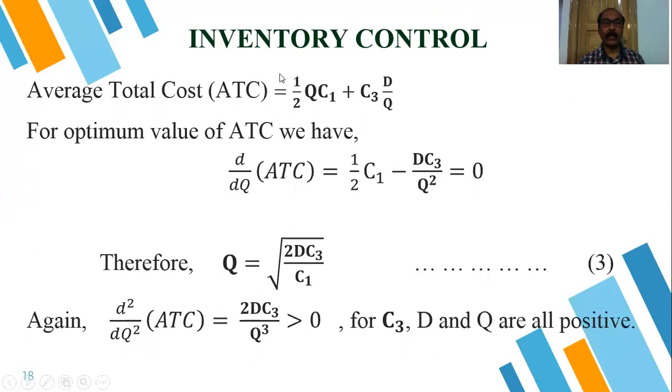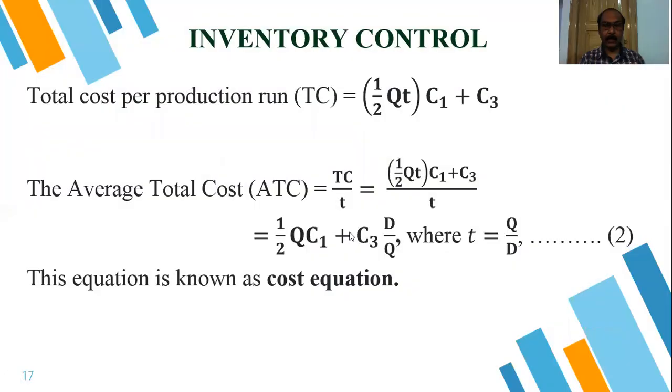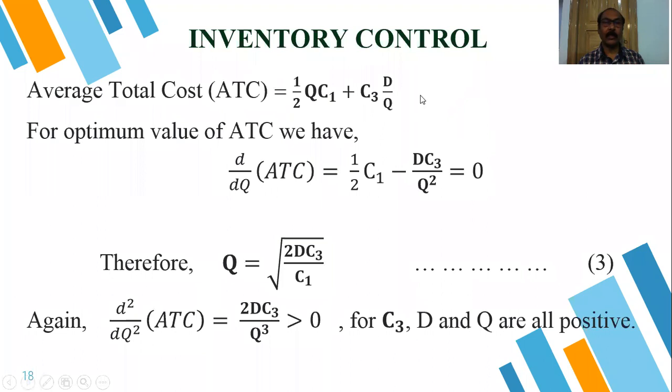One can also convert the equation from the total cost. That cost is converted to the Q. That's why we are differentiating. If we keep with the T, then we can differentiate with respect to the T, and also we can find out the value of T and put it in the second derivative. That way we can do also. Here we are differentiating with respect to Q, and we are finding the value of Q. That Q value, we put it into the second derivative and check whether it is positive or negative. According to that, we have to conclude.